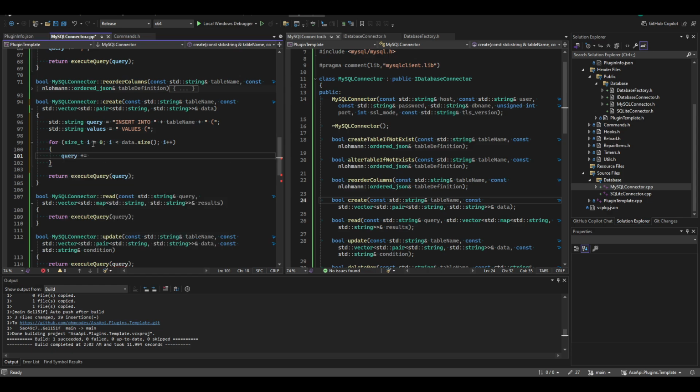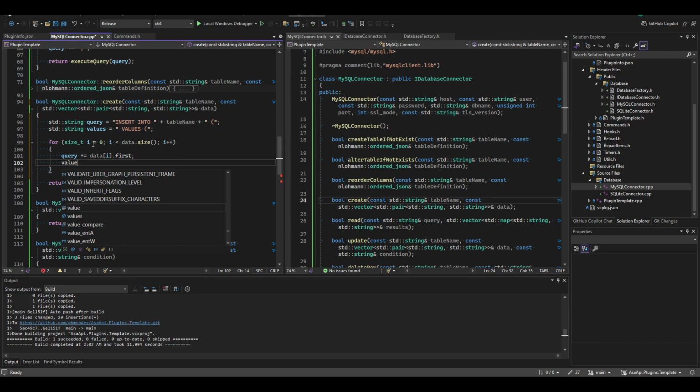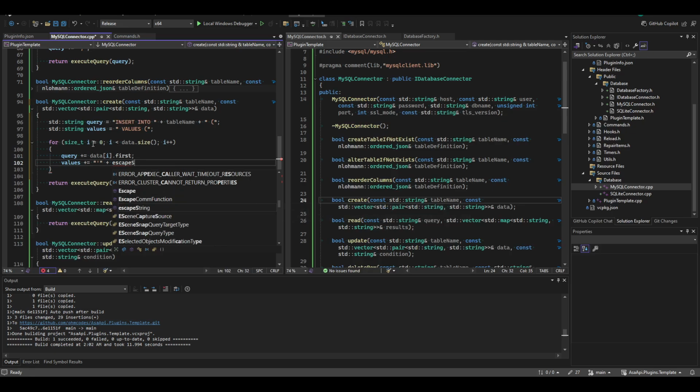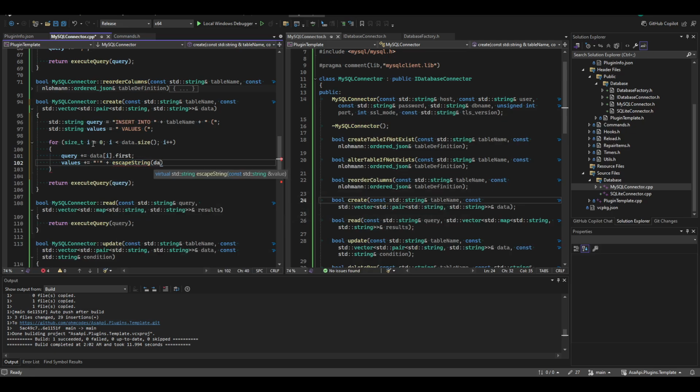Query plus equals to data, then i dot first and values plus equals this one, adding the colon for the query plus keep so they don't inject any string there and mess up with your database. Okay,